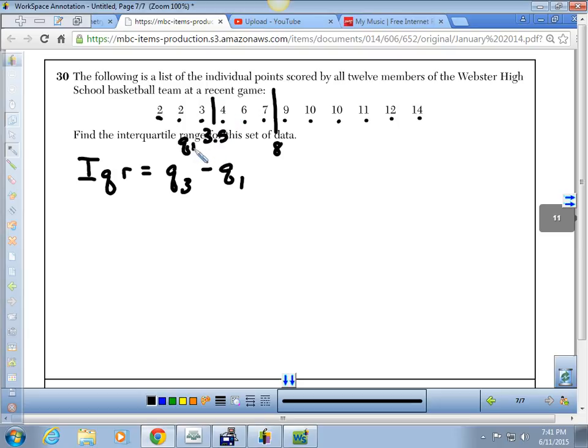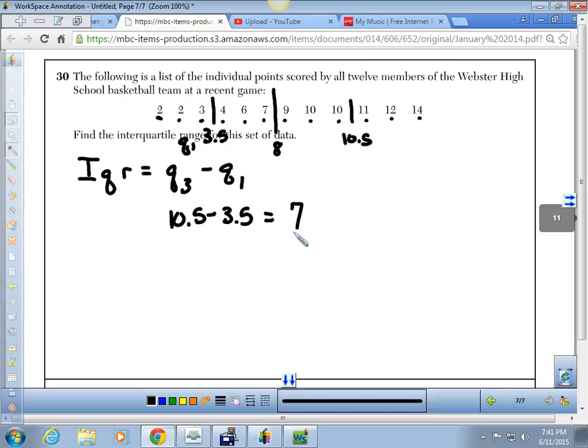That would be our Q1. What would be our upper quartile? Right here in between the 10 and the 11 at 10.5. So Q3, 10.5, minus Q1, 3.5, I have an interquartile range of